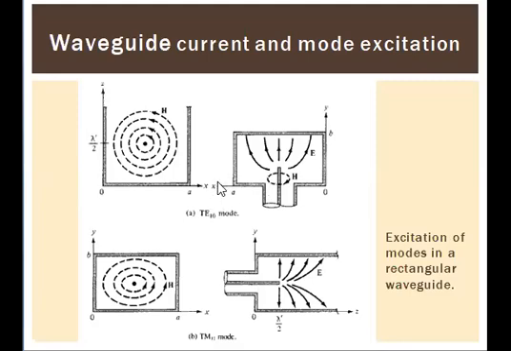If we consider the previous equations of Ey for TE10 mode, its maximum amplitude is at x equal to a by 2. Hence the probe will be located at x equal to a by 2 to excite the TE10 mode,